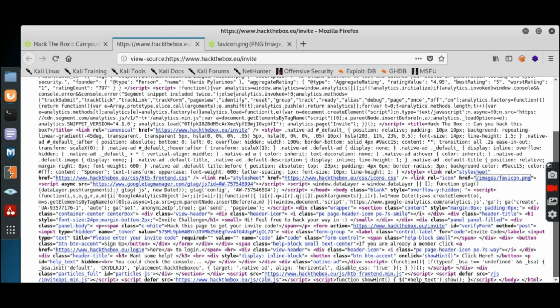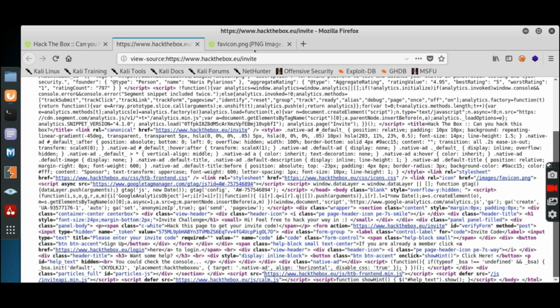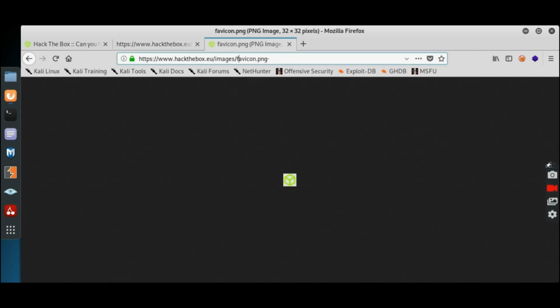At the end of this page, there is some JavaScript code. We will copy this link and paste it here.